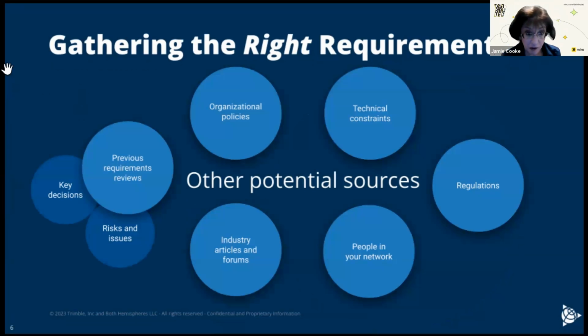There are lots of other sources that you can potentially be looking at. So working from the left-hand side of this diagram, if there has been any previous work done, exercises to gather requirements where key decisions were made or risks and issues were identified, that could be valuable input into the discussions. It could frame the discussions and it could save the stakeholder time by not having to repeat what they've already